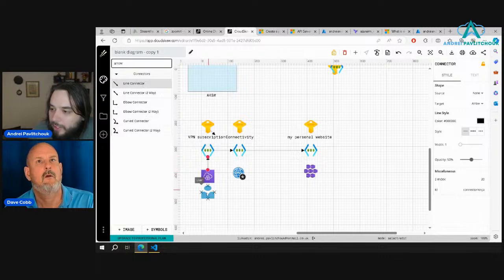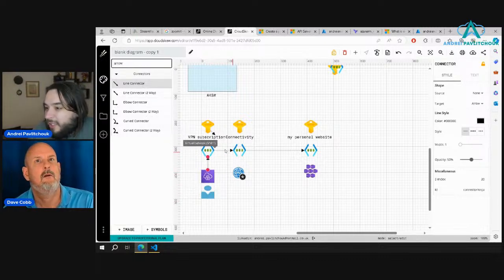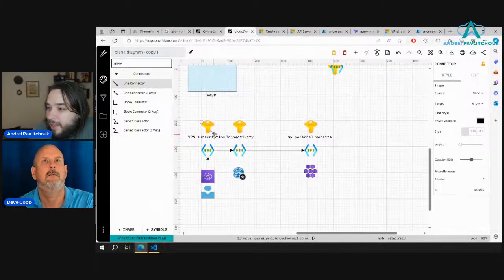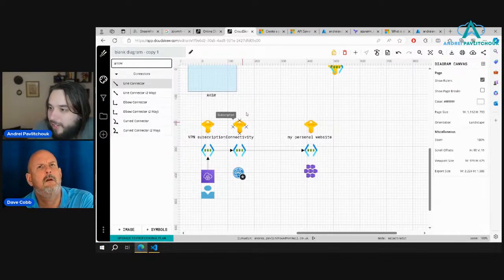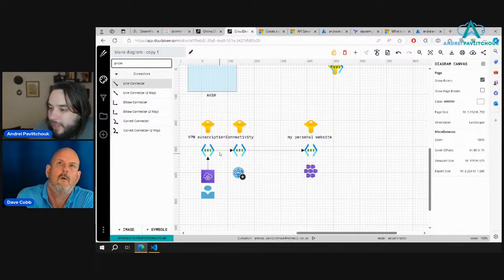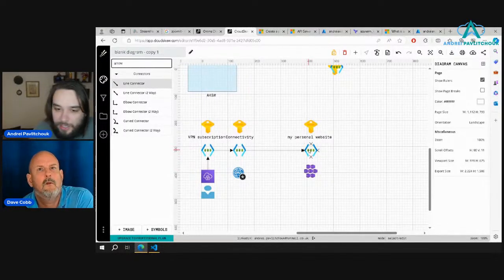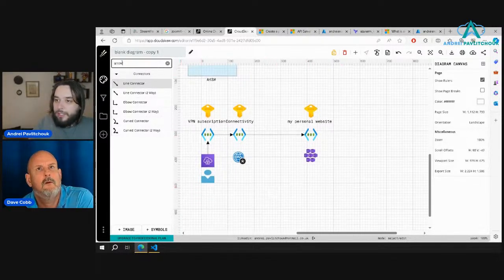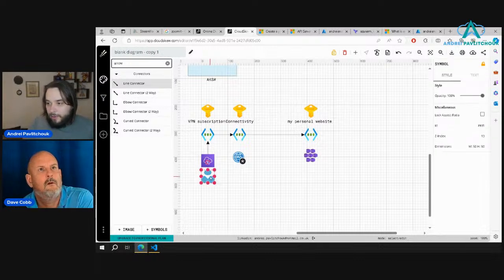So we're going to have our user. It's going to connect to the VPN subscription. It's going to then connect to the personal website. And then over here, this is how we're going to be hitting the API address. Because right now, if I just take this user, copy it, paste it,